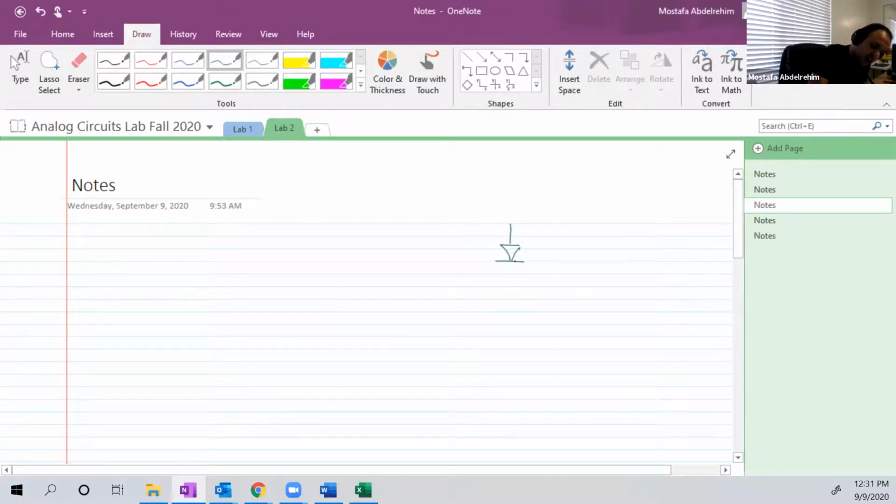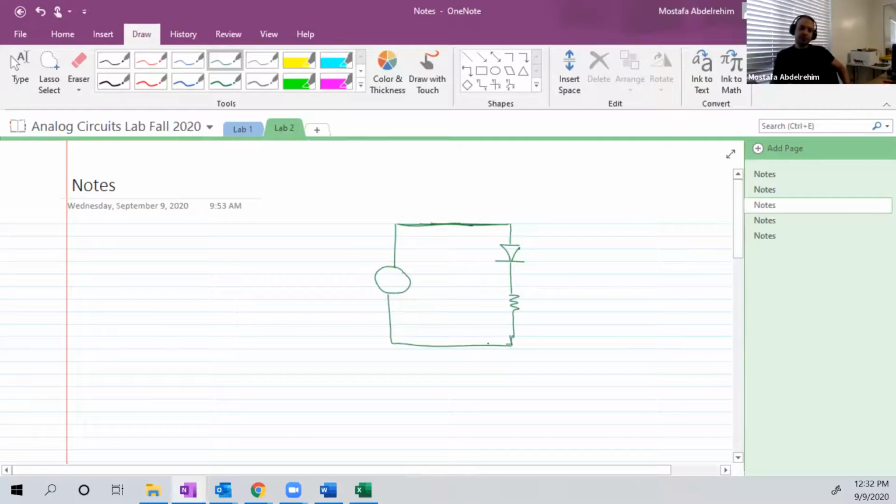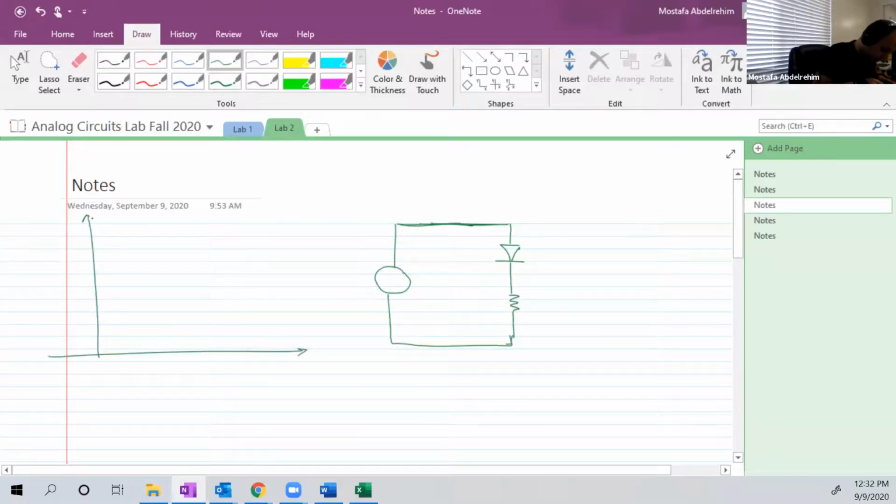So we have here our diode, and here is the resistance that we bought. Just forget about any other resistance. Let's assume this is our connection right now. I'm saying that in order to draw ID with VD,